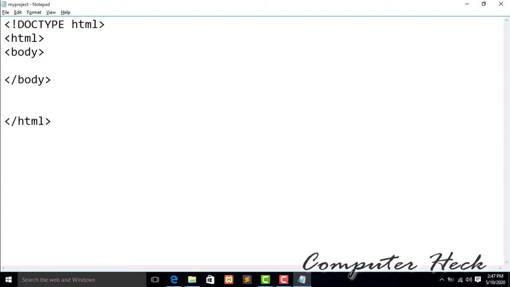The content that you put in your body tag will display on your browser, it's your output. What you write in your body tag will be shown on your browser. Now I'm going to write a basic tag that is the heading h1, with its opening and closing tag. Now I'm writing here hello world